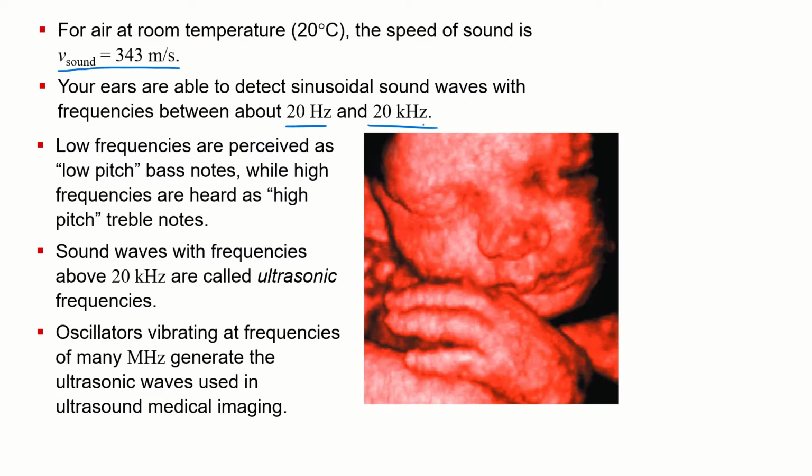But just because humans can't necessarily hear those sound waves doesn't mean they can't exist. You're probably familiar that dogs can hear much higher pitched frequencies than humans can, and there's a bunch of different ways of detecting sound waves. But for humans, essentially, the lower the frequency, the lower the pitch or note that you would hear. Those are the bass, the deep notes, and the higher frequencies are those higher pitched, treble frequencies.